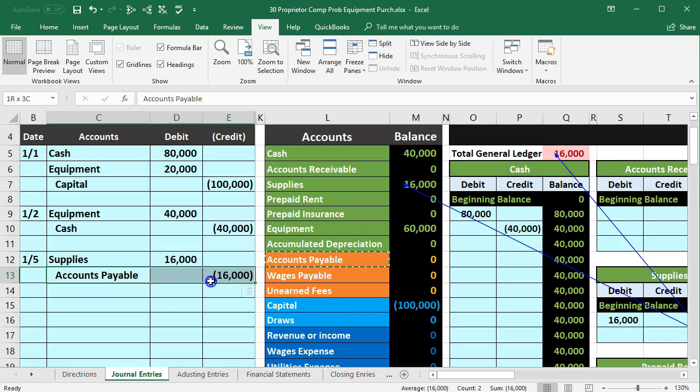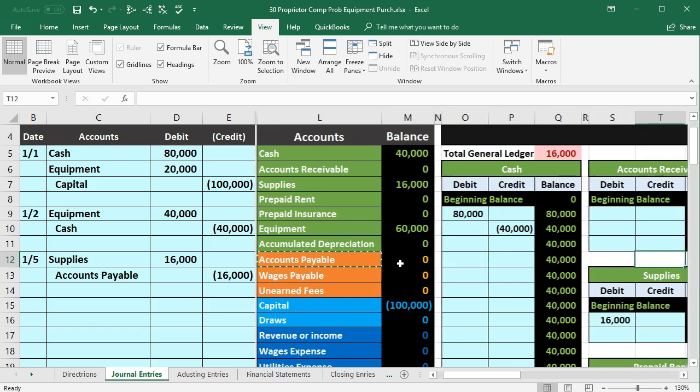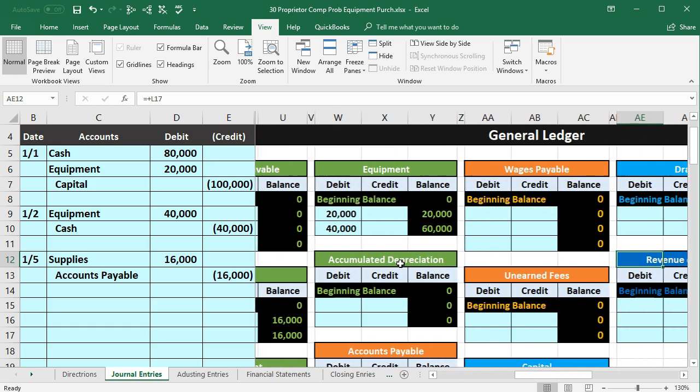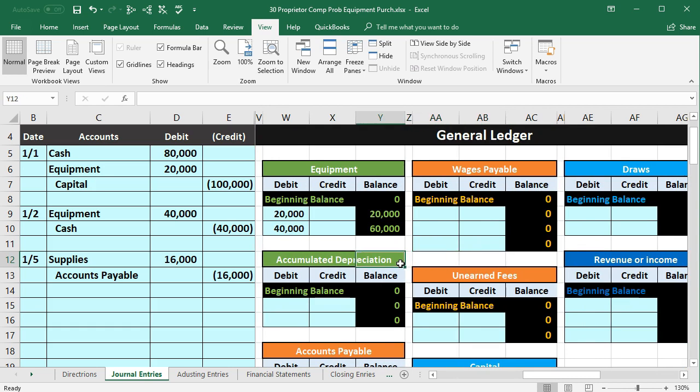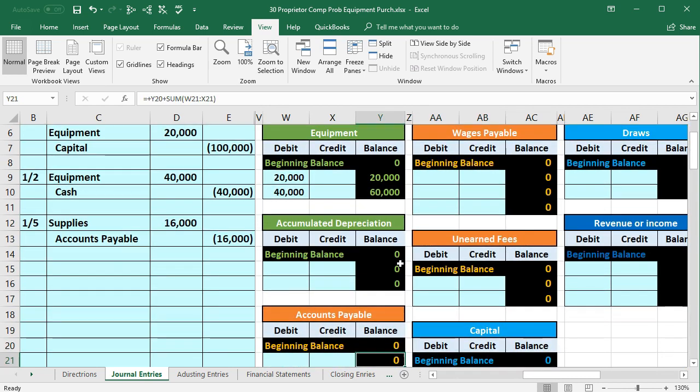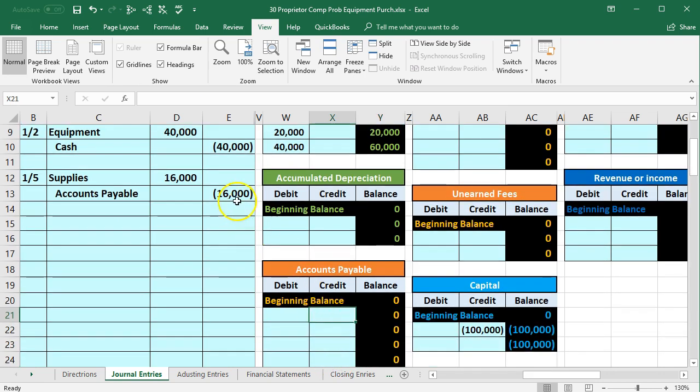So here's accounts payable. We're going to record the other side. Let's get rid of that blue line. Here it is going to be our first liability account on the trial balance, and therefore the first liability account as well on the GL. So here's all of our assets, and there's that orange one. You can see it on the bottom there. That's our first liability account. So we're down here. Accounts payable, we want to be on the credit side. So here's the credit. We want to post on the credit of accounts payable in cell